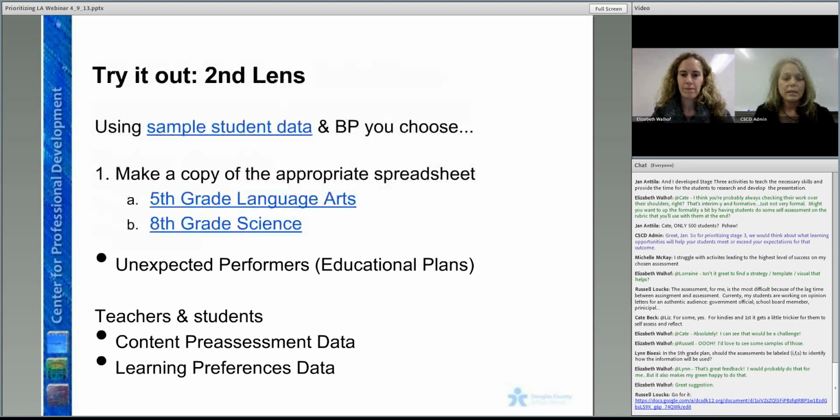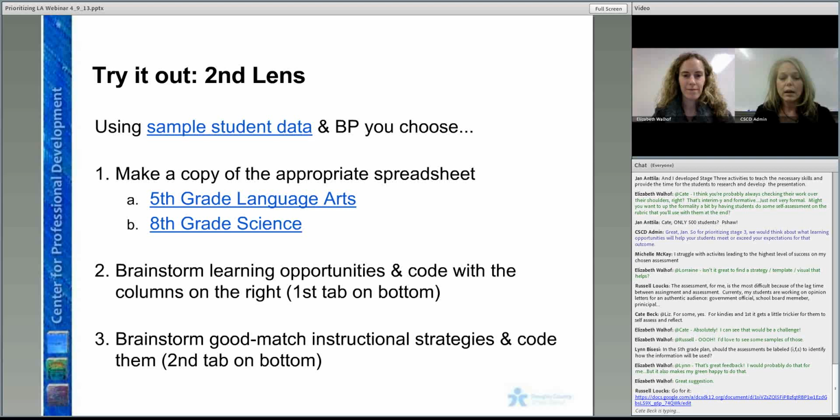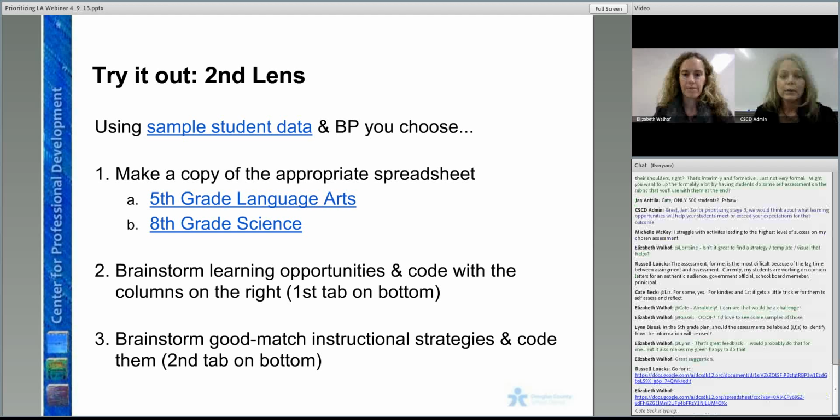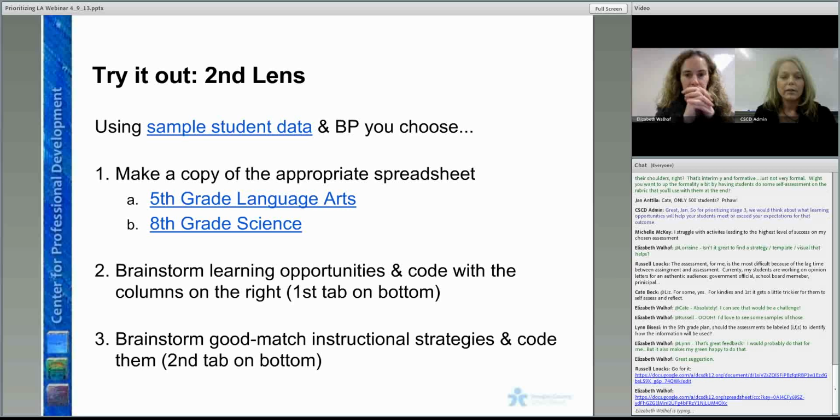So we're going to ask you to practice this too. We've actually given you a student data sample set. So if you click on that first link, and I think Liz will probably put this link in the chat, you'll get to a spreadsheet that has actual student data from an 8th grade science class currently in this district. So obviously the names of the students aren't on there, but this is an actual class going on right now